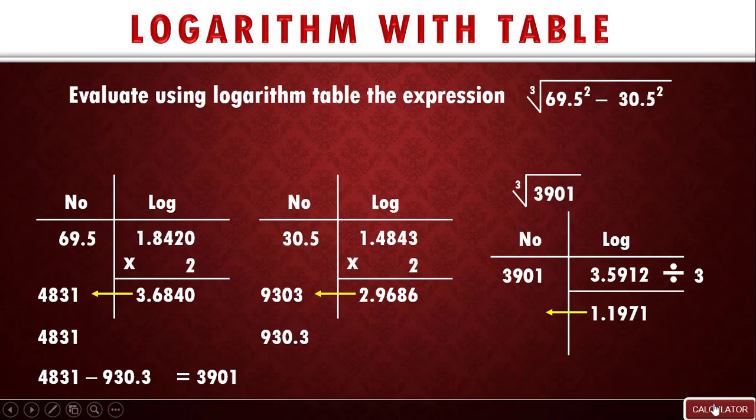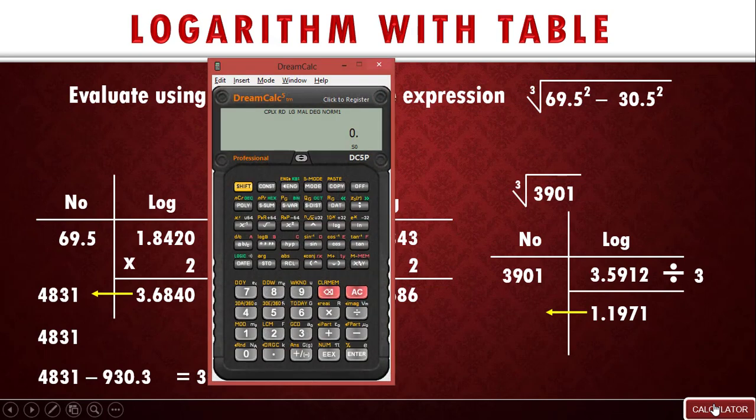So let's do that. Okay, press your shift or second function on your calculator and press log, and press the number 1.1971 and press equals or enter, and that will give